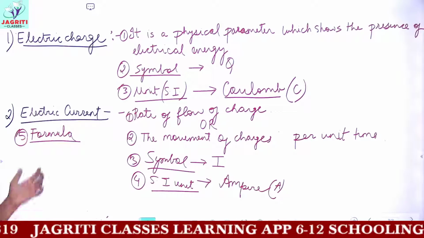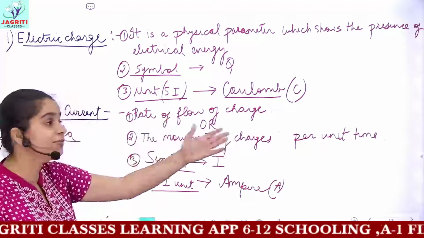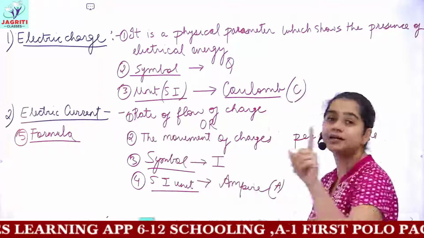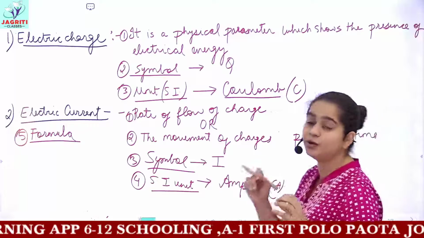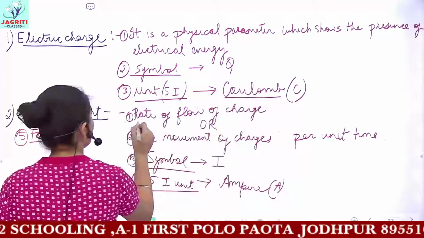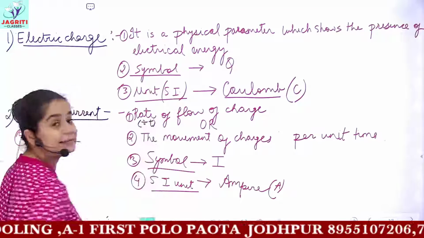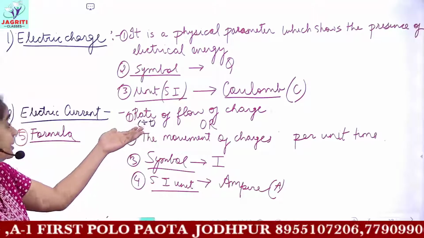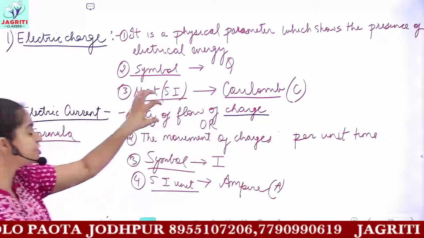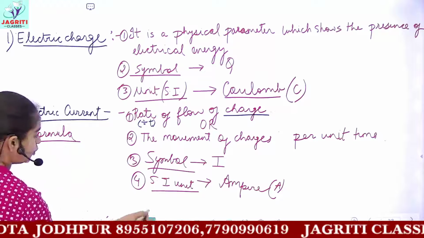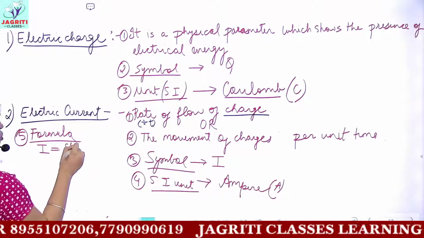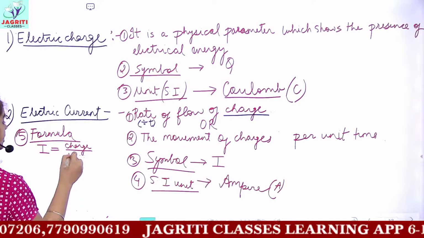So the formula of electric current, you can make it from the definition itself. Electric current is the rate of flow of charge. And I told you wherever the word rate comes, that means you have to divide the quantity with time. So rate here means any quantity which is divided by the parameter time, and which quantity you have to divide by time? This flow of charge. This means the formula would be charge divided by time. So the formula for electric current is I, which is current, equals charge per unit time.